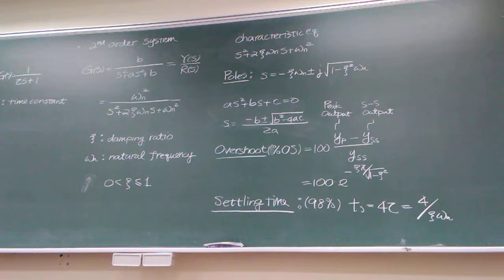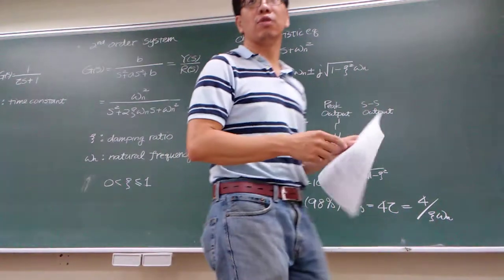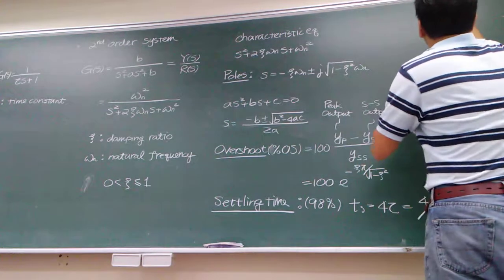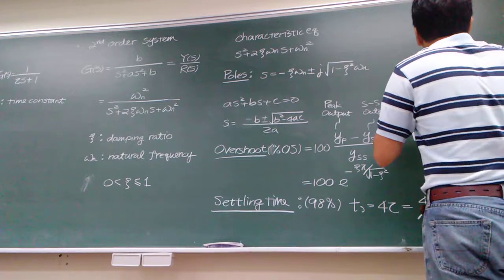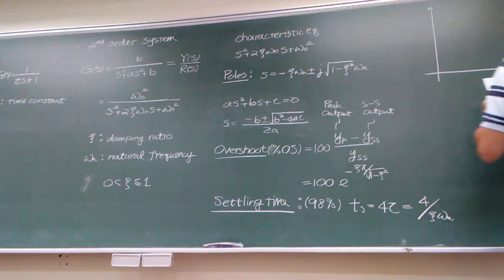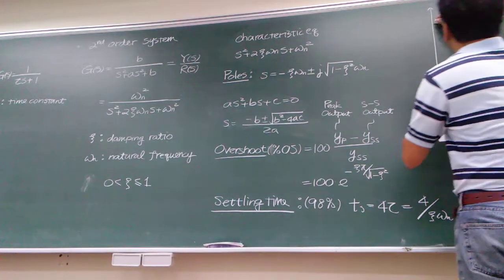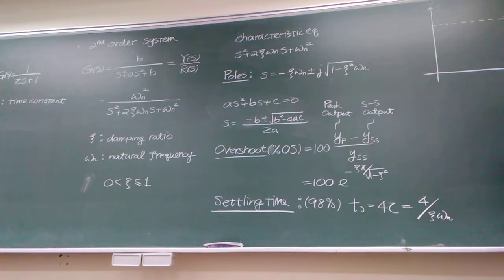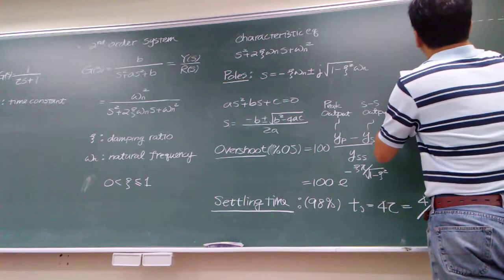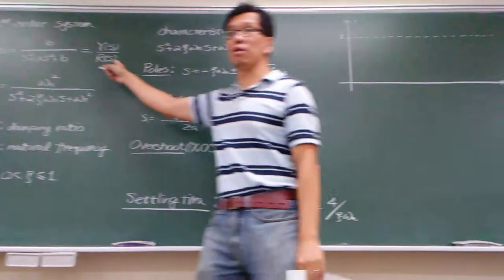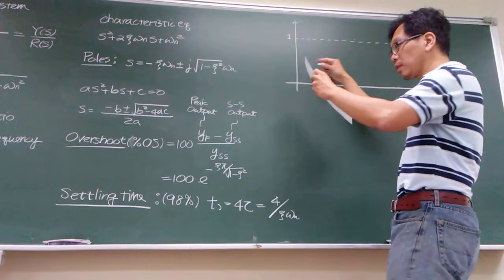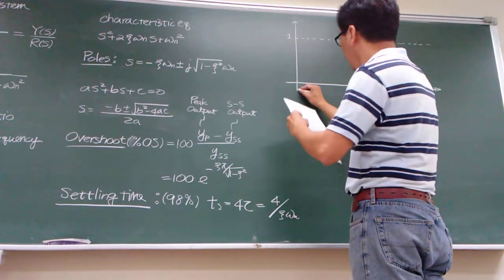So, what is that going to look like? I might not do a good job drawing, but the figure is in your notes. Just take a look at the notes, okay? So, of course, this is my transfer function. What I want to have is the output equals to 1. So I'll have